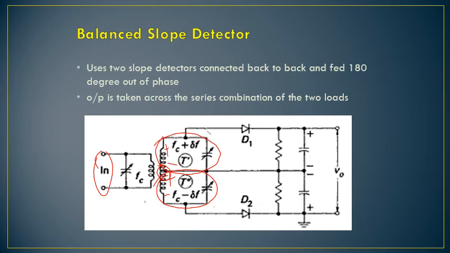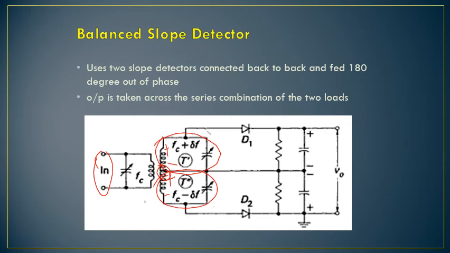Now what will happen when my input frequency is Fc? Now when the input frequency is Fc, it is exactly at the middle of these both the resonant frequencies, right? So the upper tuned circuit will also produce some voltage, a very little voltage which will be positive, and this lower tuned circuit will also produce the same voltage, but it will be negative. So both these diodes will get same voltage, but diode D1 will get positive. Suppose this is producing voltage V, so this will get plus V and this will get minus V,